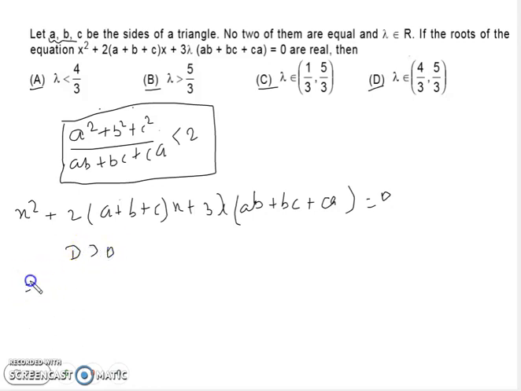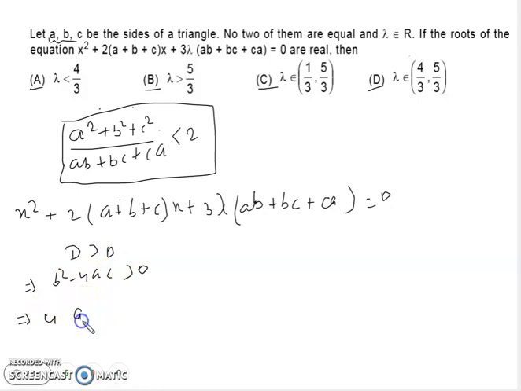D greater than 0, it means we can write here b square minus 4ac is also greater than 0. So what is the value of b square, guys? So you can write here (2a plus b plus c) whole square. So 2 square equal to, we can write here the 4, and (a plus b plus c) whole square equal